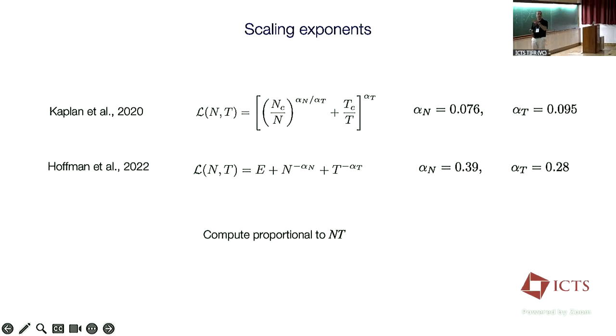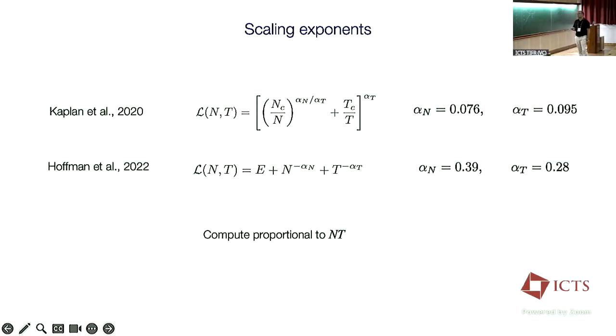This is a parametric form that you fit to the data. Yeah, irreducible error, exactly. These things saturate, you expect them to saturate. Kaplan et al. did not have it, it sounds like. I'm not sure. Is that true? You think? I don't know. They also have very different training setups. In general, in my hands as well, the exponents are not universal. Different networks have different exponents.